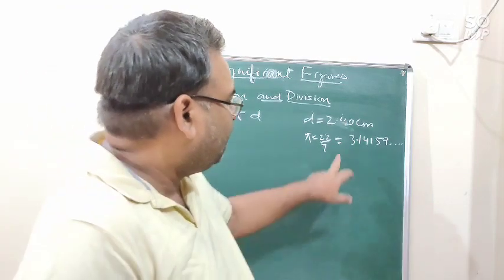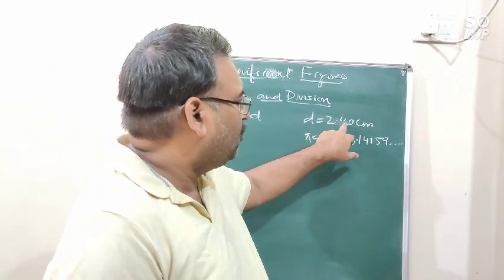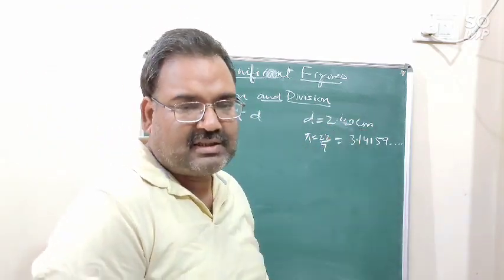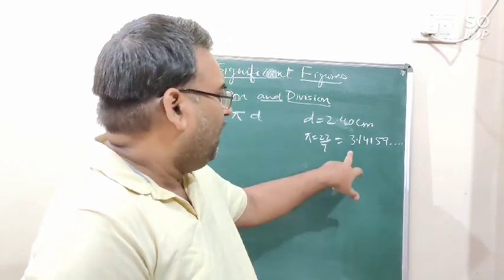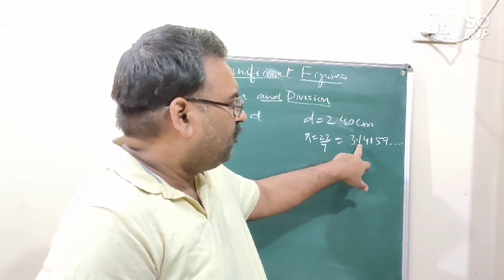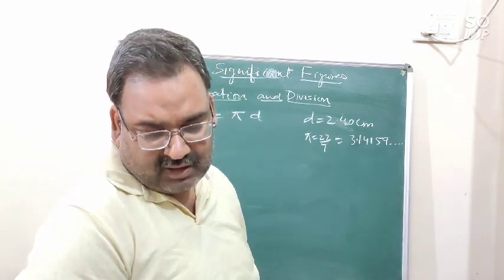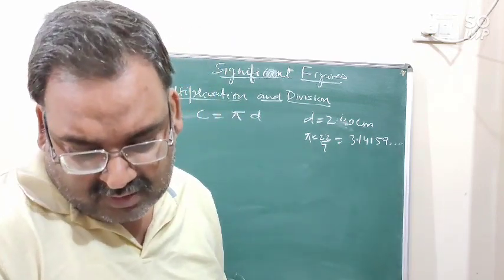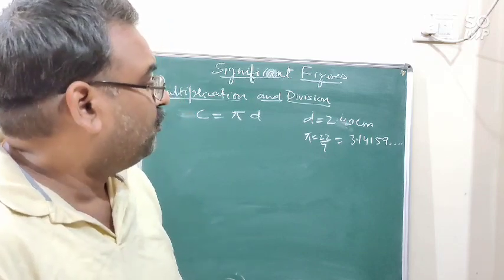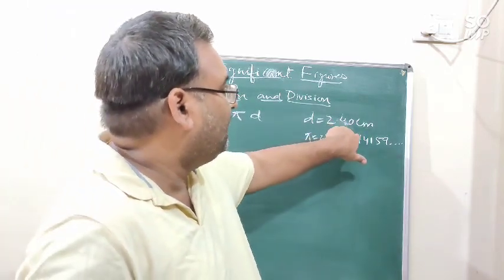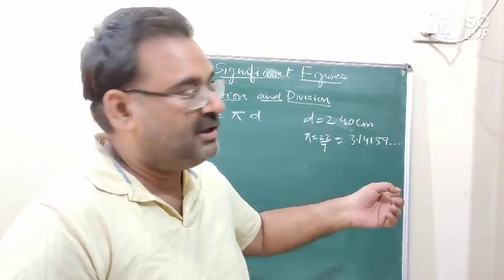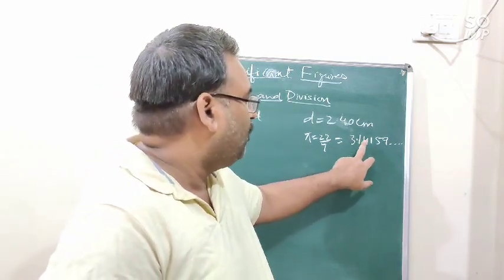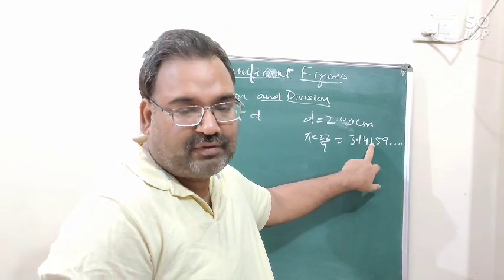So how many digits are there? Significant digits are here, 1, 2 and 3. There are 3 significant digits in the diameter of the wire, that is 2.40. So we will round it off to 3 significant figures. So the number will be rounded off to one place more than 3. यहाँ पे 3 थे और जब हम मल्टीप्लाई करते हैं तो दूसरा नंबर उससे एक प्लेस ज़्यादा होना चाहिए. तो यहाँ पर हम 1, 2, 3, 4 यहाँ तक राउंड ऑफ करेंगे.